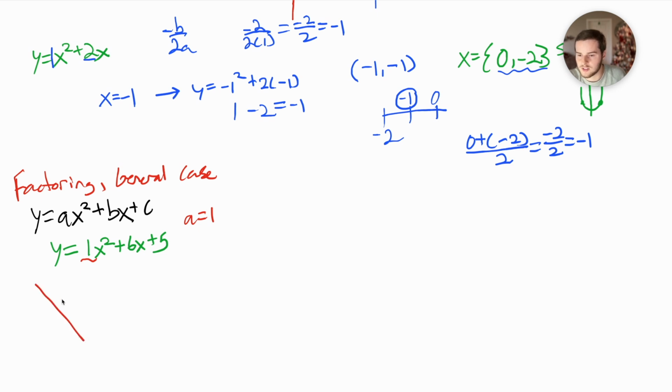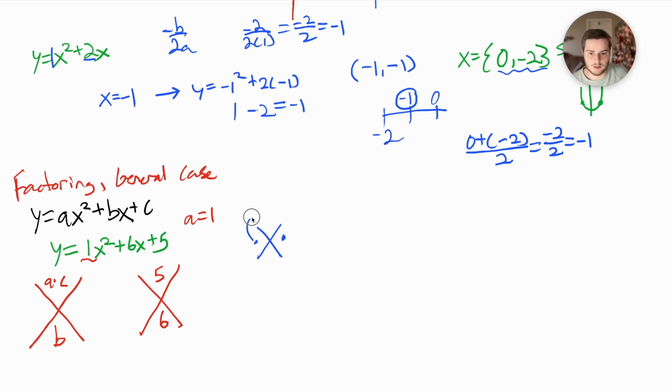We're going to draw out this x, and it's just a visualizer that helps us understand it a little better. And in this top part, you're going to have a times c, and in this bottom one, you're going to have b. Okay, so let's draw that out. We know that a times c is 5 and b is 6. So when it comes down to this, the main idea is that, let's draw this out. You have these two numbers that we're going to determine, they multiply to the top value